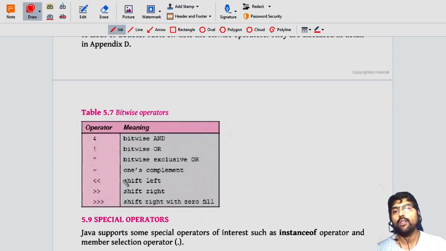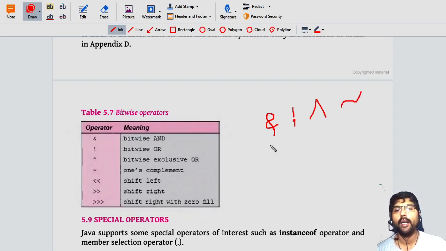Now these are the list of bitwise operators. First one is called bitwise AND. This is the symbol for bitwise AND. Then bitwise OR. Actually, this is the bitwise OR. Next one is bitwise exclusive OR. This symbol. That's one's complement.